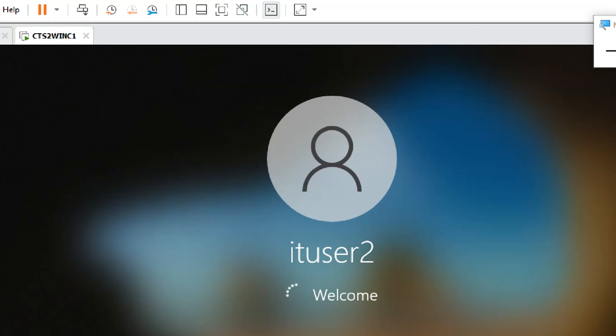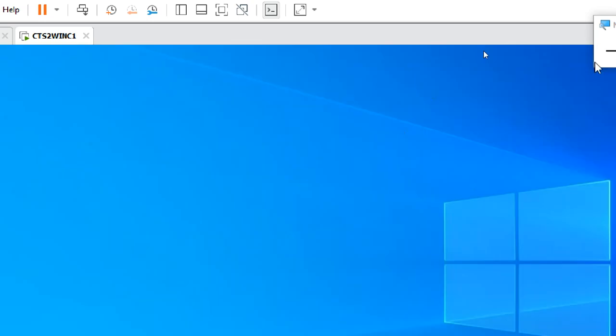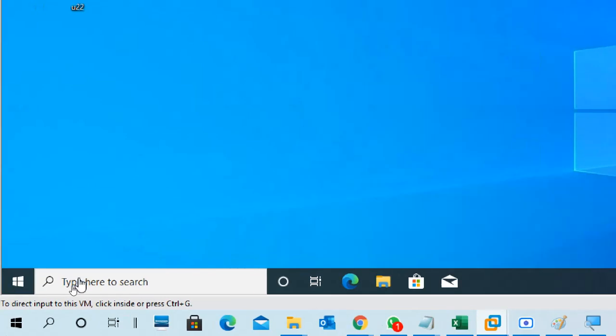Yes. When you log in as a fresh user, what happens is it tries to pull more from the server. Yeah, very good. We got it.